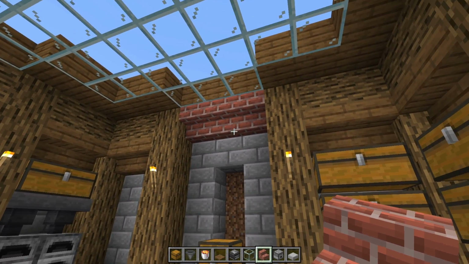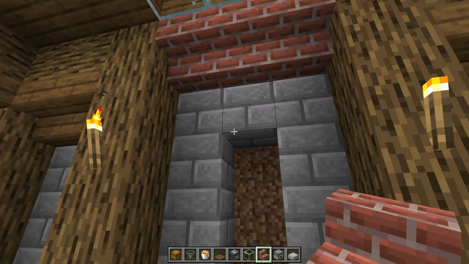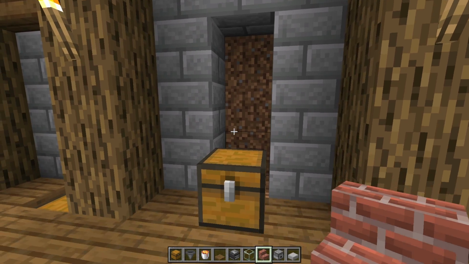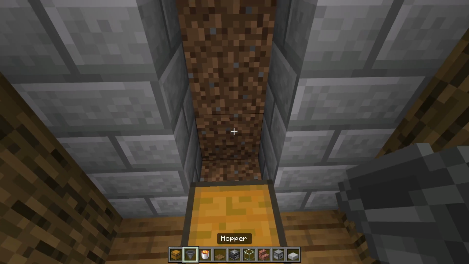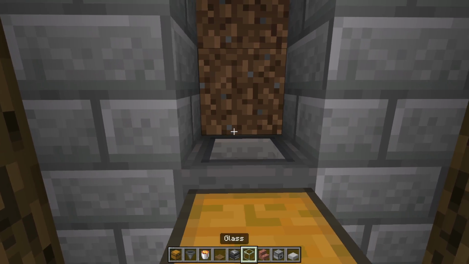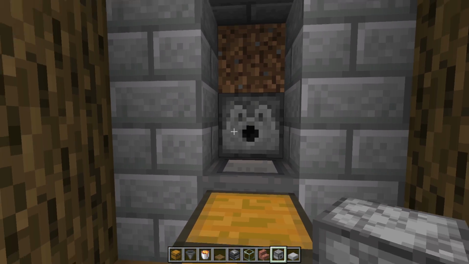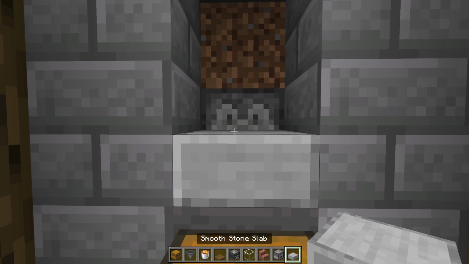I think it works for the color palette. And it's also kind of like, there's going to be lava here, so fireplace. I don't know. Choose brick. And then what we're going to do is grab a hopper, run the hopper into this chest. We're then going to place down a dispenser facing into that hopper, place down a slab on top of that